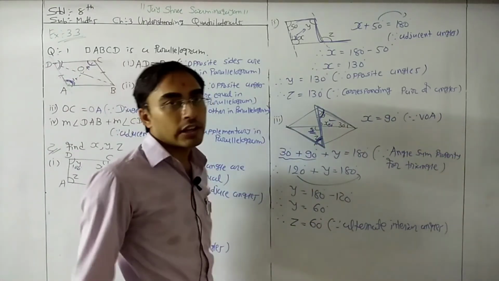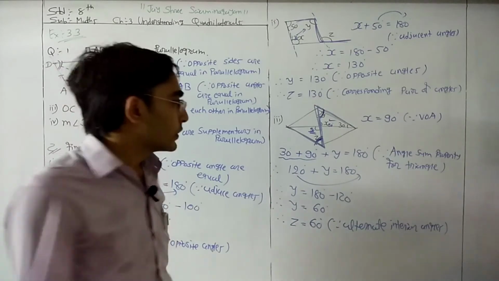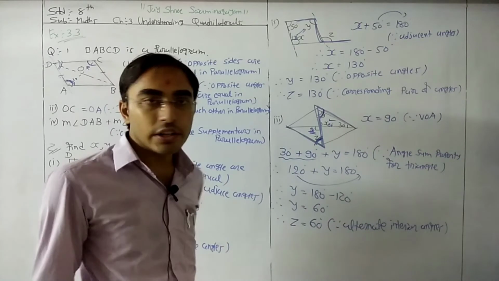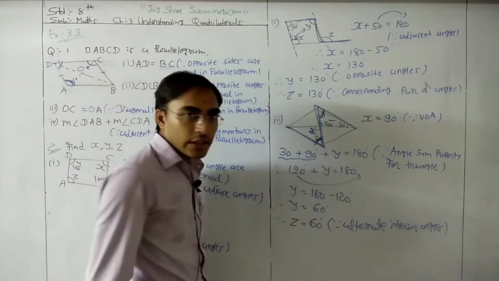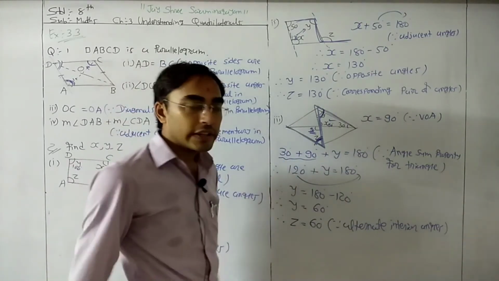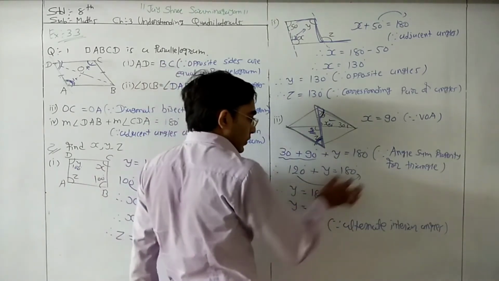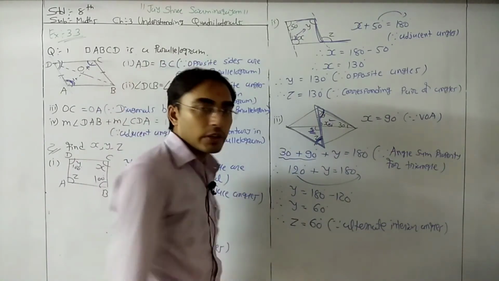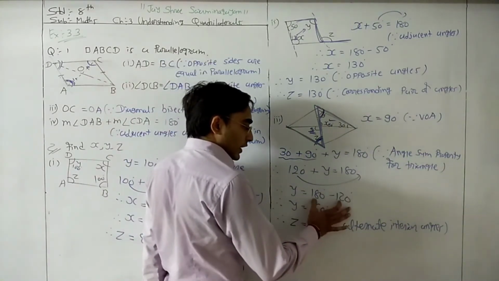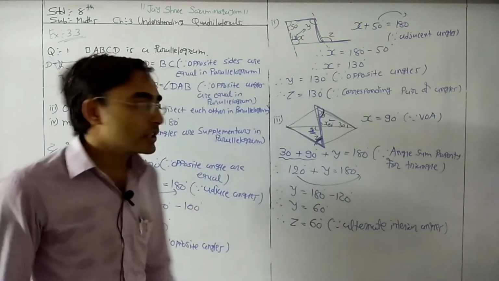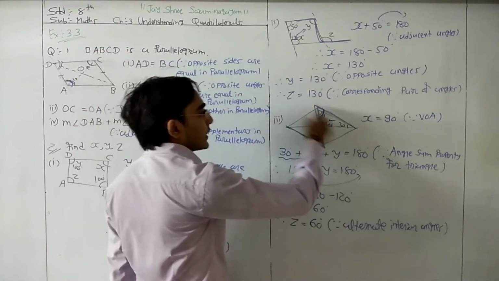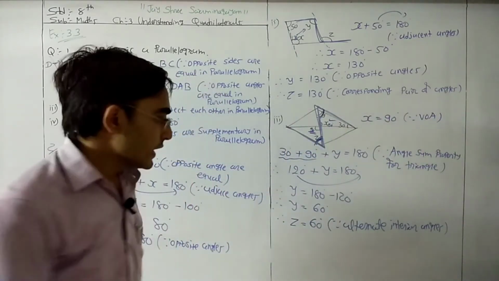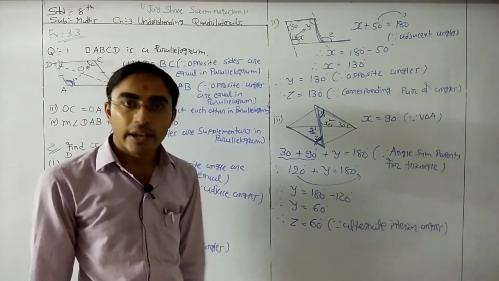In the triangle we know two angles, so we can find the value of the third angle. Here 30 plus 90 plus y is equal to 180 degrees. Now 30 plus 90 is 120 degrees. Transfer this 120 degrees to the right hand side, and it becomes minus 120 degrees. So 180 degrees minus 120 degrees is 60 degrees. So our y is equal to 60 degrees. Now if y is equal to 60, our z is equal to 60 degrees, and the reason is alternate interior angles.